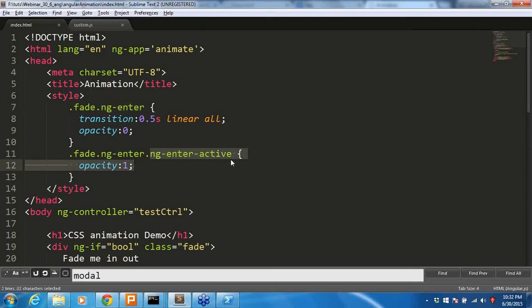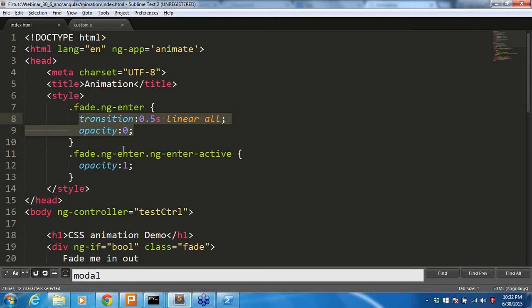Next, ng-leave. What we are doing, whenever the class has become ng-enter, that is the fade we are calling. At that time we are making the opacity 0 and we are using the CSS3 transition. We are going from opacity 0 to 1, which gives this fade effect because you are using the CSS3 transition.